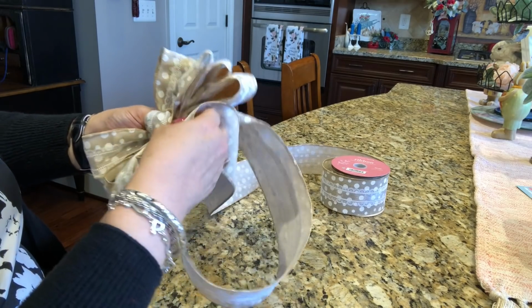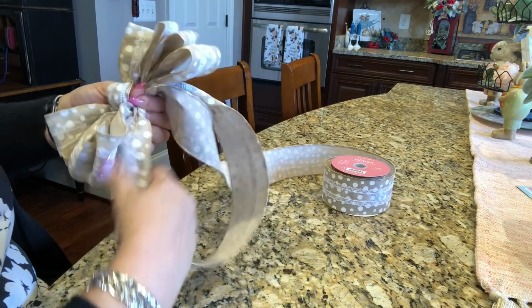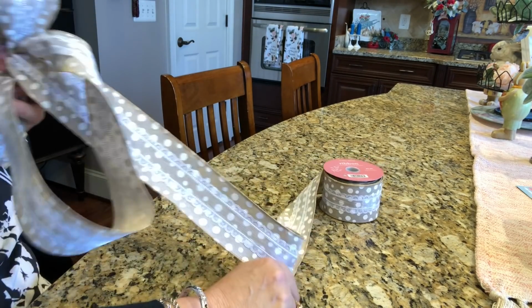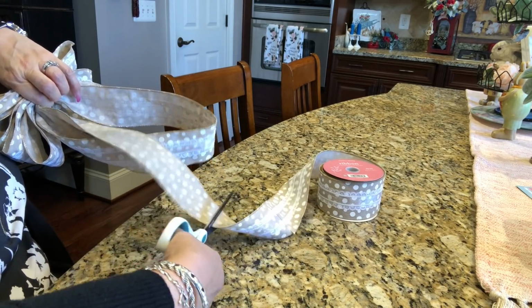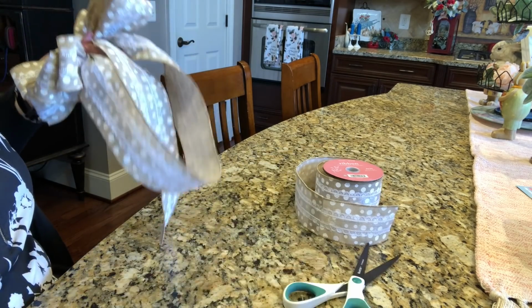And I'm going to accordion it in there just like I did the loops. That gives me 1, 2, and then this will be my 3rd loop. So 1, 2, 3. Okay, so I go ahead and cut it off of the bolt here, the roll. Grab my pipe cleaner,